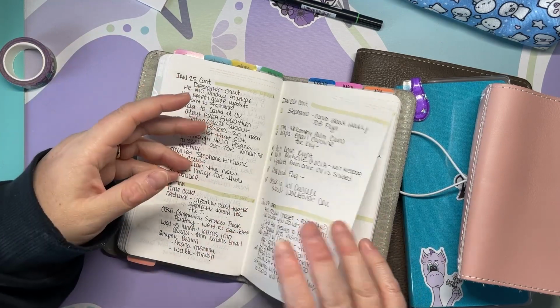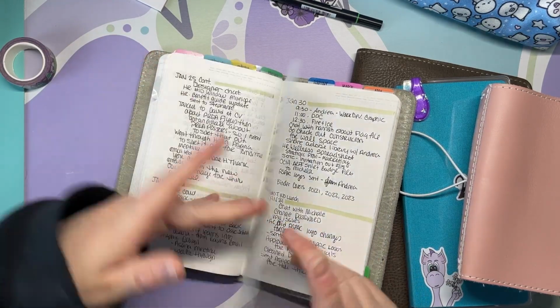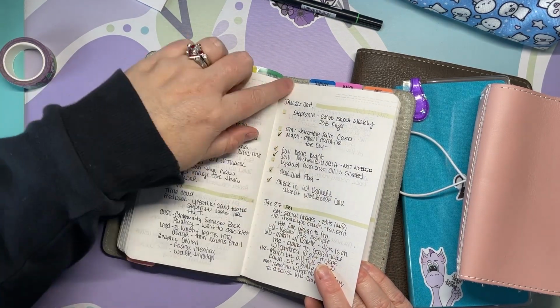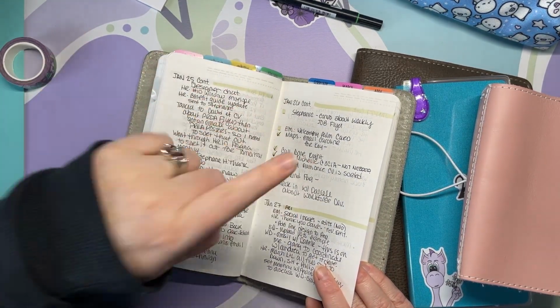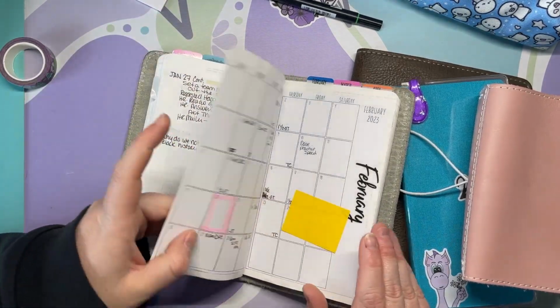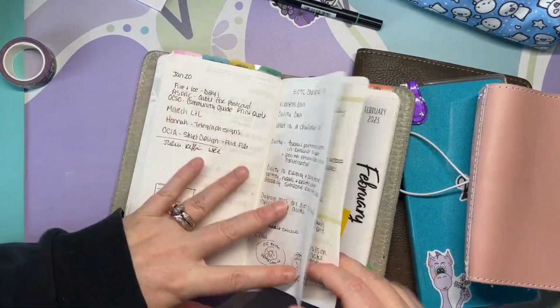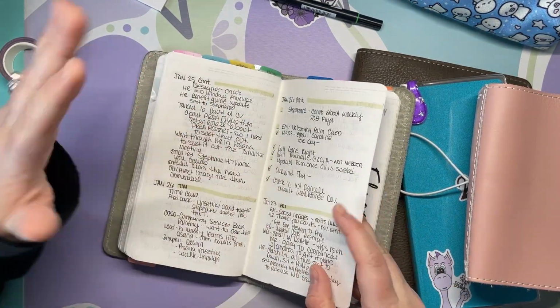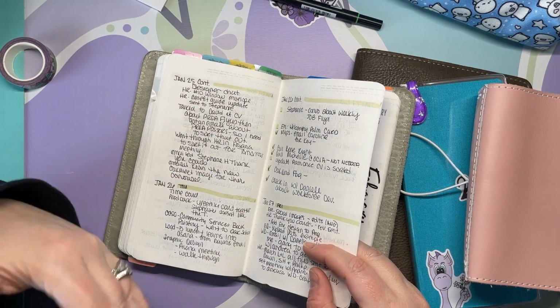And what I really liked about it, one of the things I haven't done again, is I did a checklist here, like I did my to-do list, but then I also had a checklist. I've never done this again, and I probably should every now and then do one. So that just became a true running list. One, it makes me feel good to see everything I'm doing. Two, it's